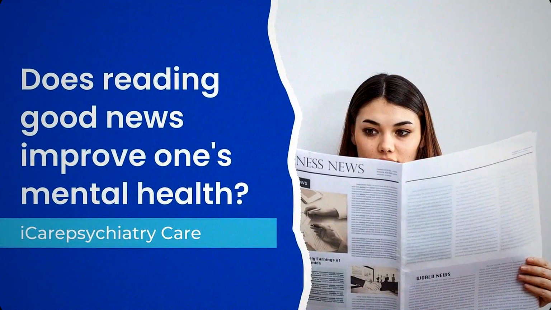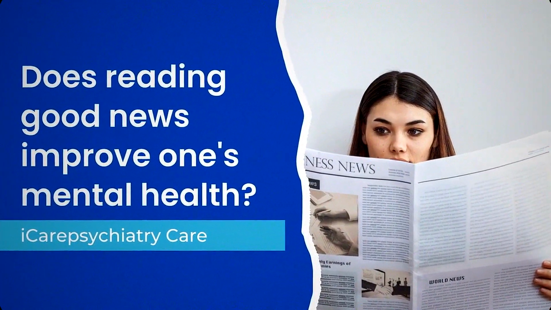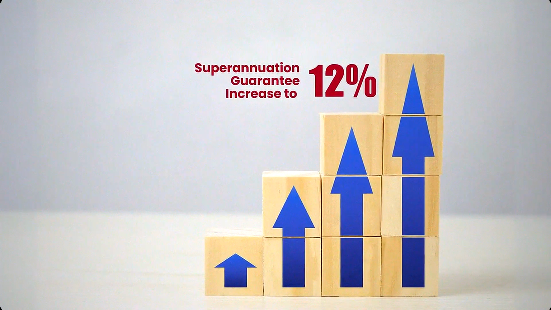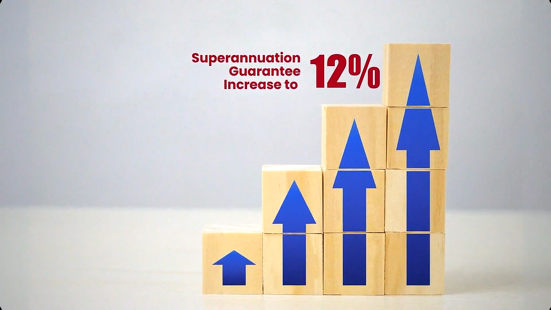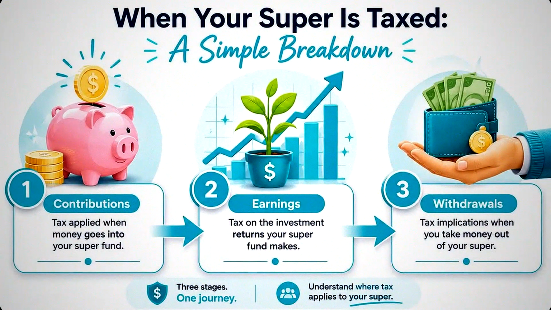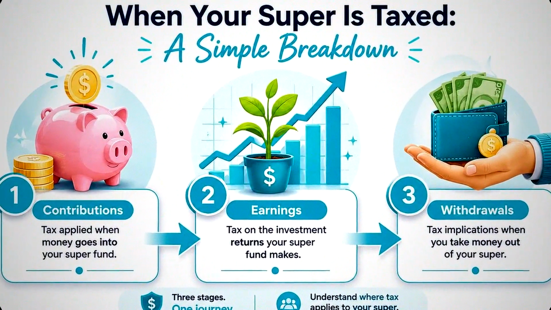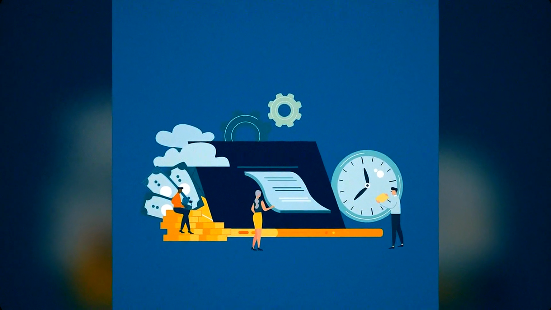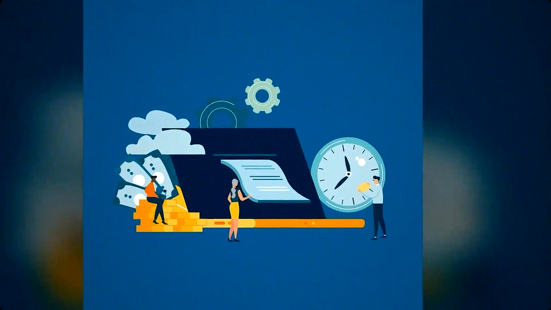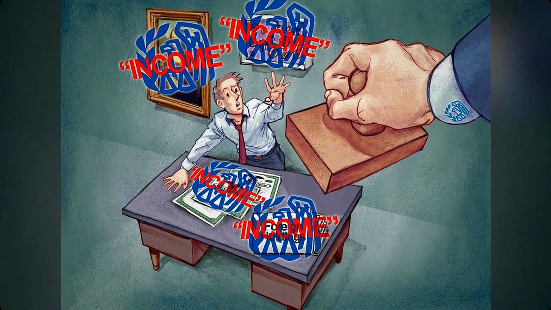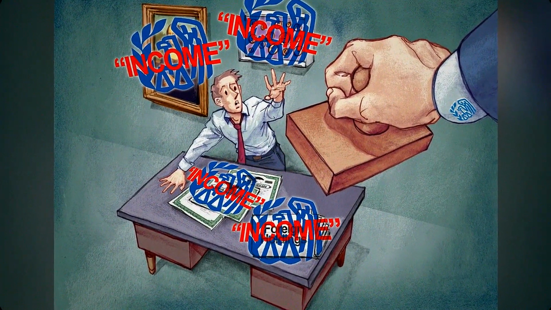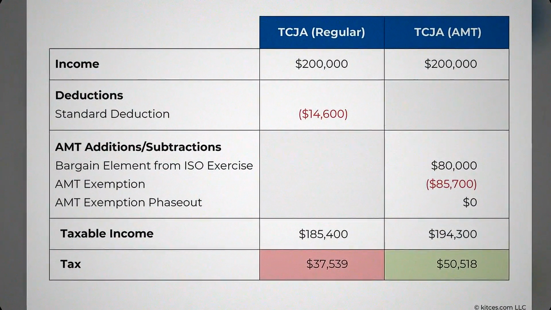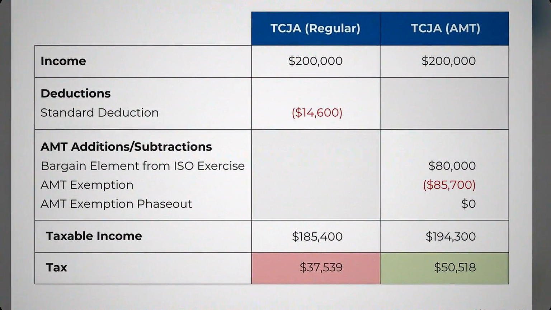Here is what that feels like from the inside. It feels like you are building something solid, brick by brick, year after year. But someone is quietly removing a brick from every row while you're not looking. You cannot see exactly how much is being taken because it is all happening inside the fund, buried in annual statements written in language that resists understanding. And so you develop a quiet unease, a sense that the tax office is always reaching into your super balance and you're never quite sure how deep. That unease is not irrational. It is the natural response to a system that takes from you in ways you cannot fully track.